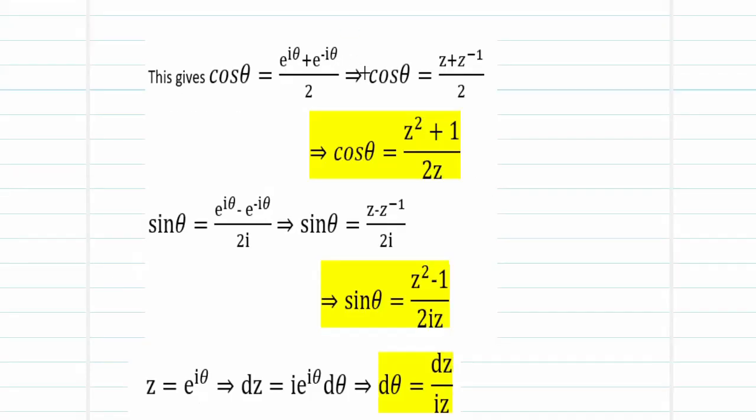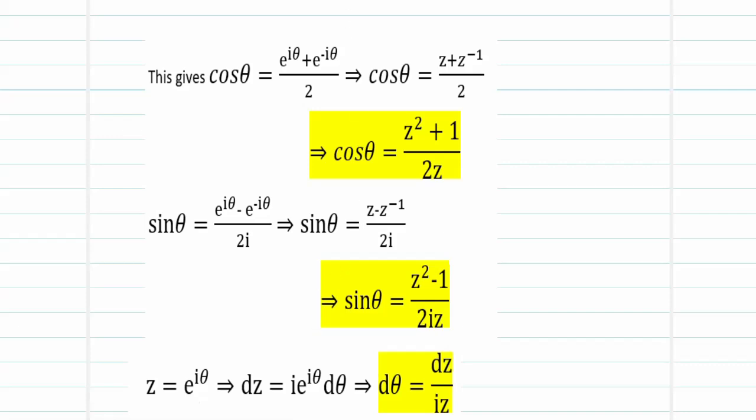Next, moving on, the basic requirement for the type 1 conversions are: cos theta to be replaced by (z square plus 1) by 2z, sin theta to be replaced by (z square minus 1) divided by 2iz, and d theta to be replaced by dz by iz. So having these yellow portions memorized, and the prior formulas in memory,